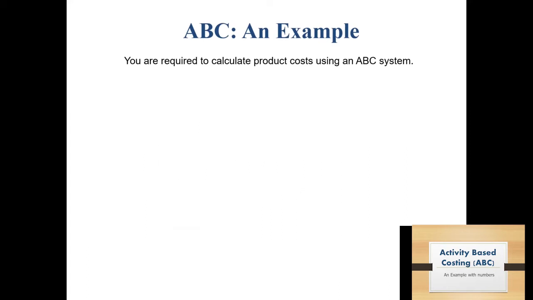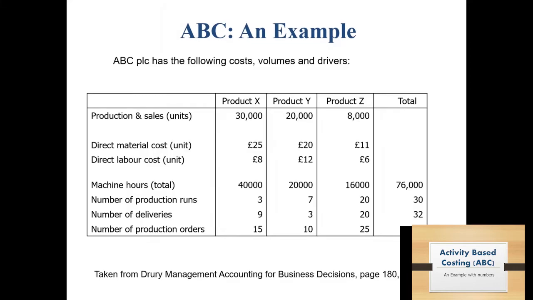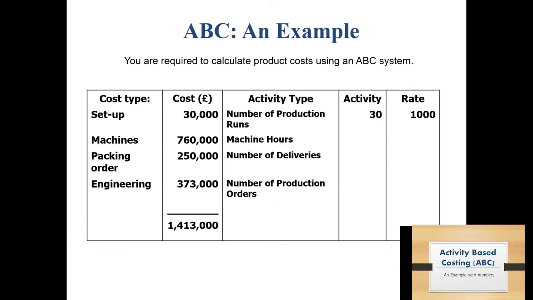So if you look at this data, number of production runs total 30. Setup cost is the cost pool, and what drives the cost upwards is number of production runs. The more we produce in different batches, so as the number of batches increase, the cost of setup increases. Then we have machine hours,